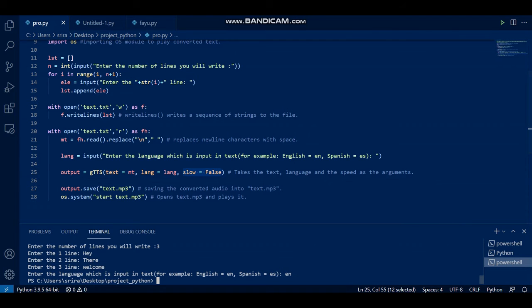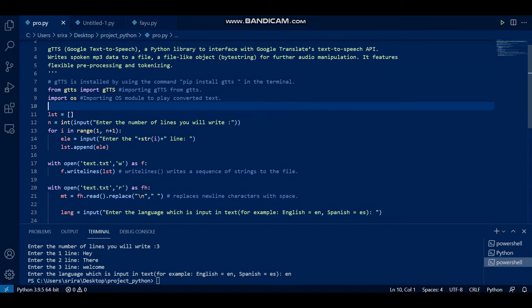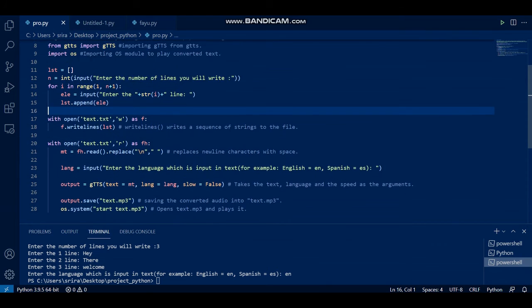So that's it. This code can be used as a decent little project. It's not too complicated because it just directly takes all its data from gTTS, so you need not do much work. So that basically sums it up. This can be used as a project, but I also wanted to say that if you're not here for any projects and stuff, you might as well just appreciate the beauty of this code.